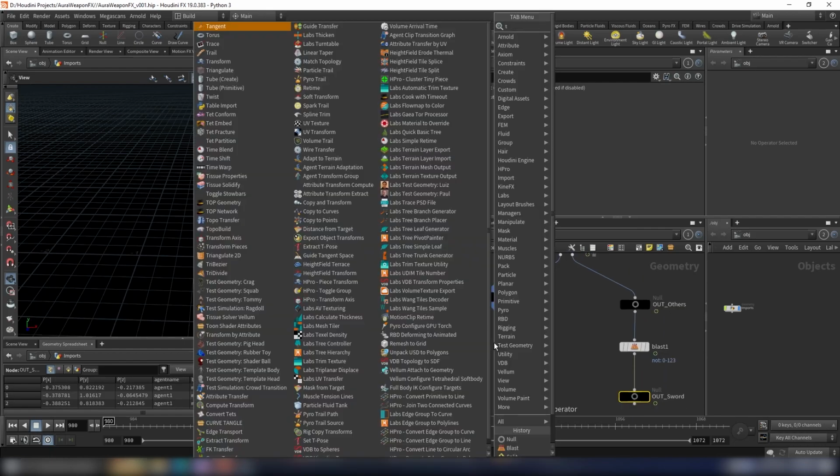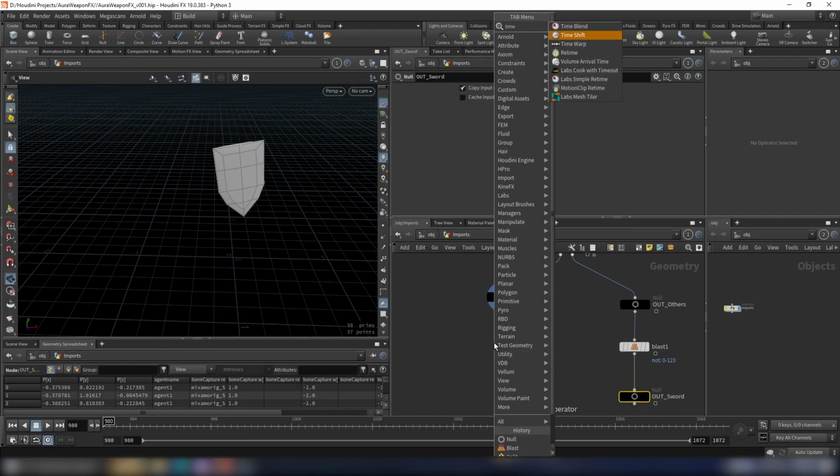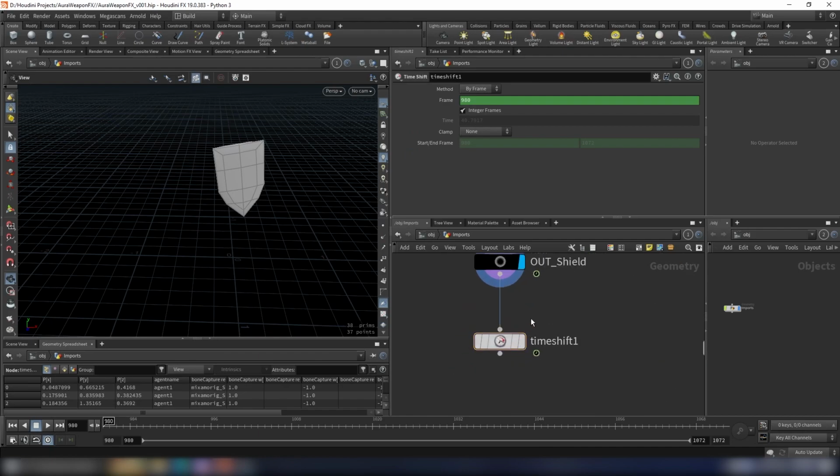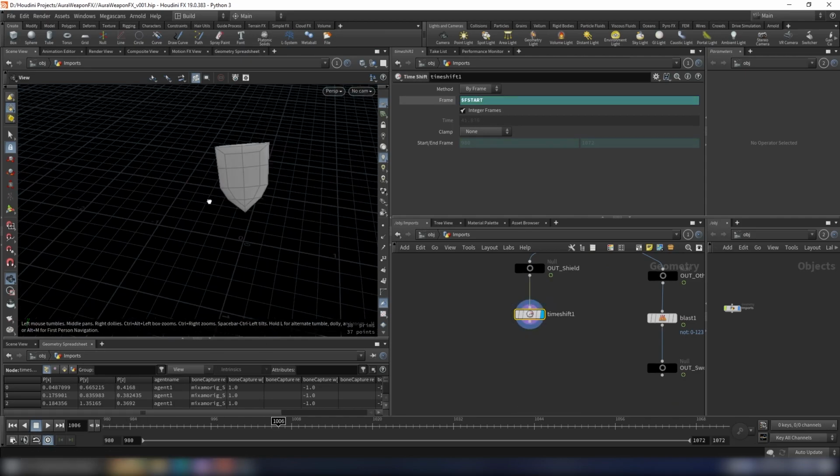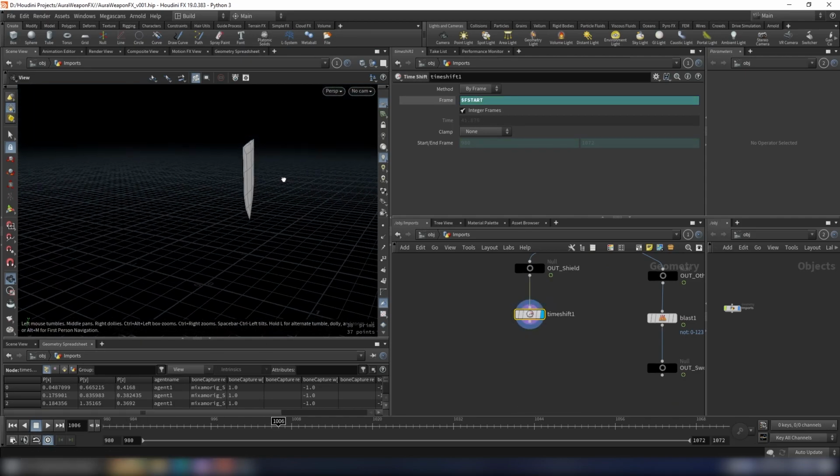Okay, and as I said before, we want to have a static version, so we can simulate easily. For the first thing, I will drop down a time shift node to freeze this shield on the first frame, and in this case it is 980, and we'll type F start for frame start. And so right now the shield is completely static,